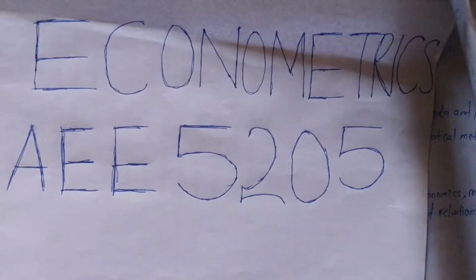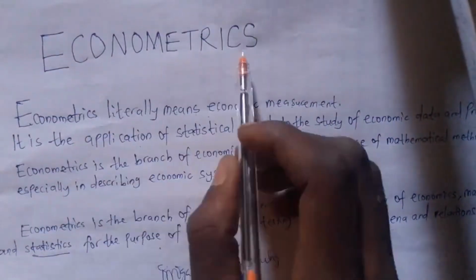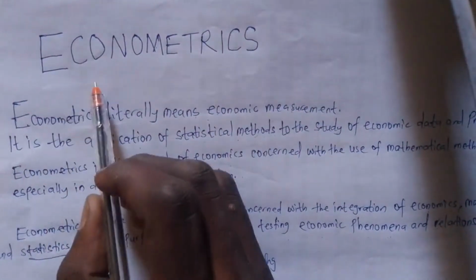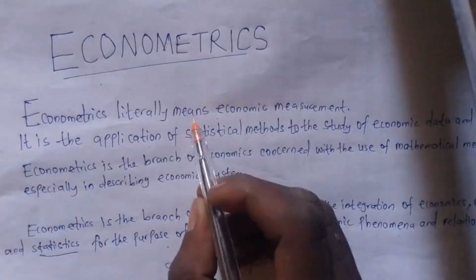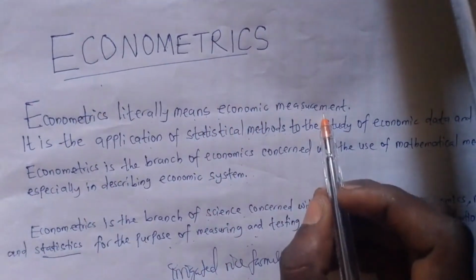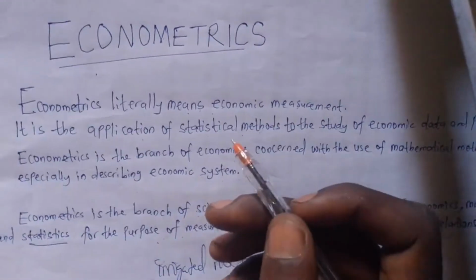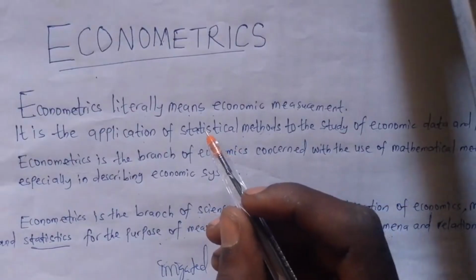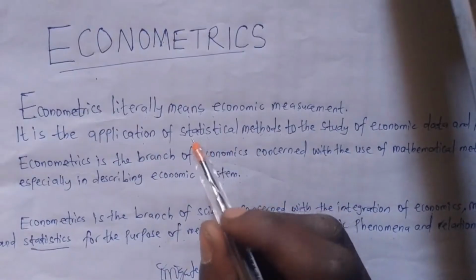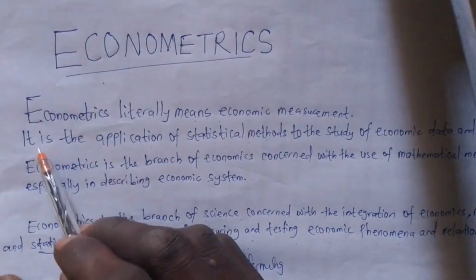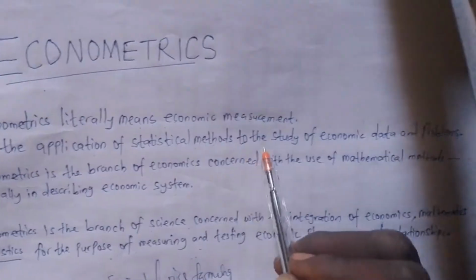Today we are starting with the introduction to econometrics. So what exactly is econometrics? The word itself, econometrics, literally means economic measurement. In simple terms, econometrics is just a fancy way of saying we use numbers and data to measure what is happening in the economy. Another definition of econometrics is it is the application of statistical methods to the study of